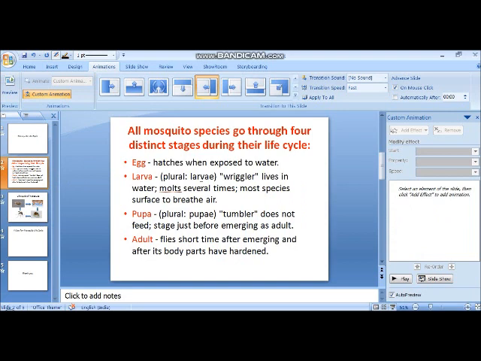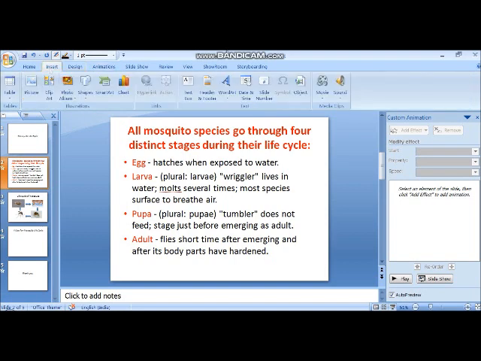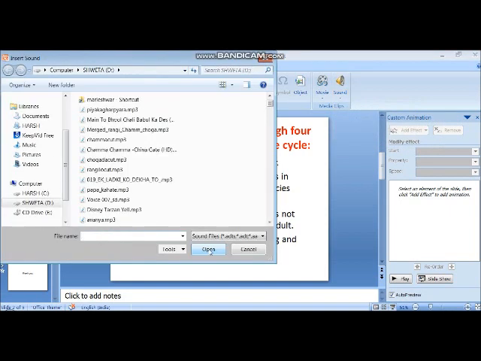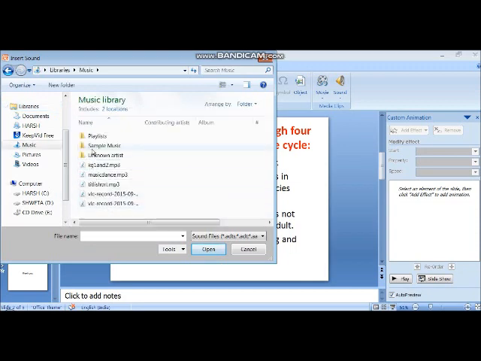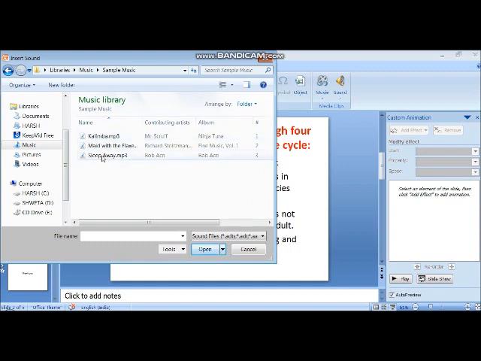Suppose here I want to insert a sound. So what can I do? If I am going to insert anything, I have to click on the insert tab. Okay. Then click on sound. Then sound from file. So I have selected sound from file. Then I am going to click on libraries, and in libraries the music folder. So what happened? Sample music is there. Okay, I have selected here Sleep Away.